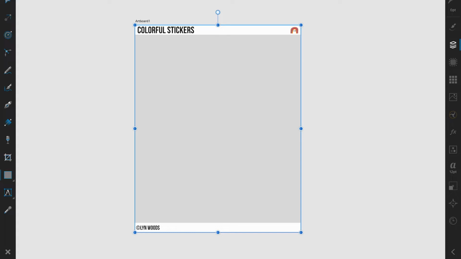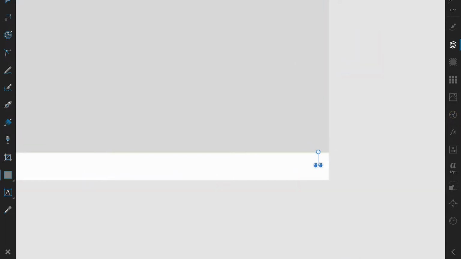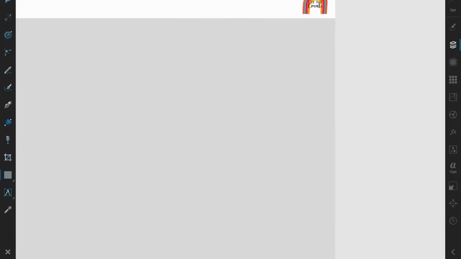So what I have here is what is standard on my stickers. Now, I'm not sure about how you plan on organizing your stickers, but I like to think ahead, and I like to make sure I have space for the title, I have my logo, and I have my copyright information. And I will even put my Etsy shop URL here as well, just in case. But I found that an easy way to get that done for me is to just link it, and maybe that will be